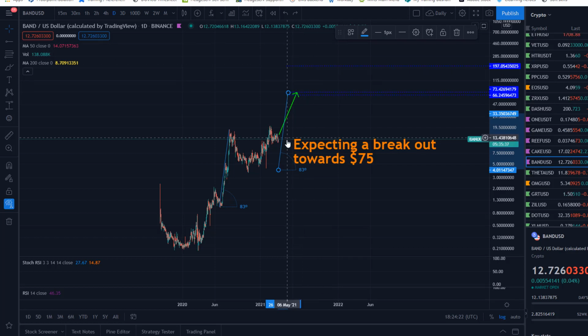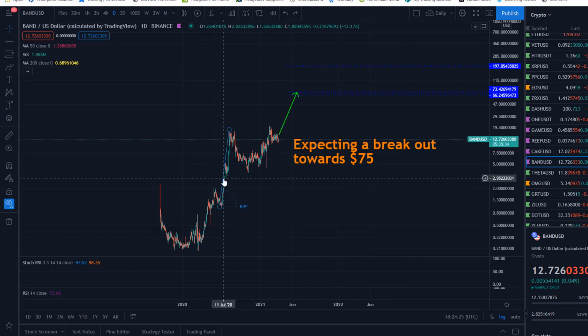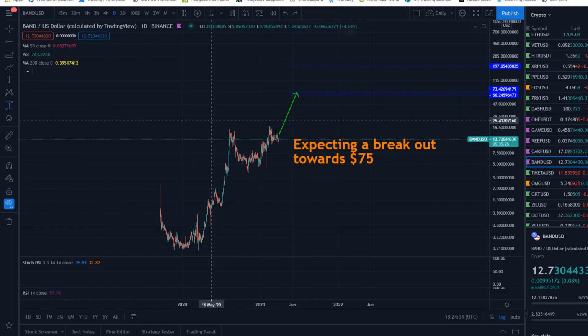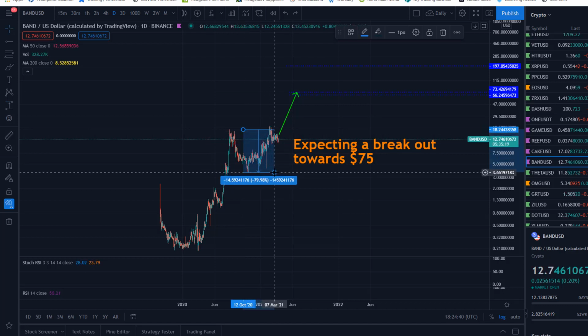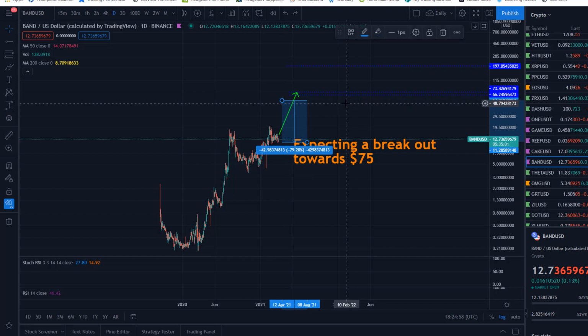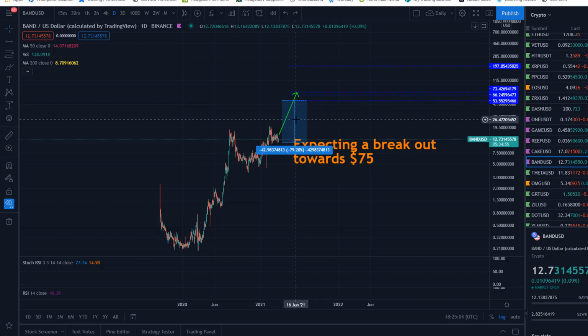So we've got some stinky targets up there of towards 200, and we've got some of those Fibonacci based trends that go up there. The other one we could also do is that, calling this the cup and handle, we could go, well, there's the 79% move, and then we'll just do another 79% from where it pulled back to in the handle, which gets us to that 50 range as well. So there's a bunch of targets there from a bunch of different methods,